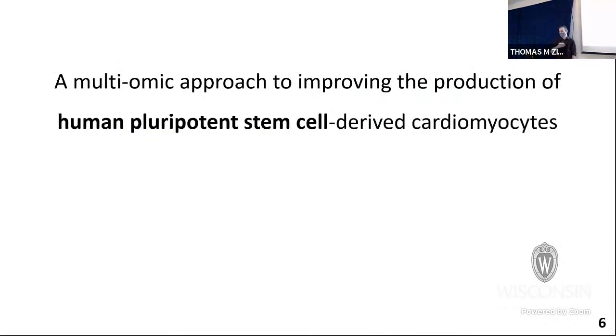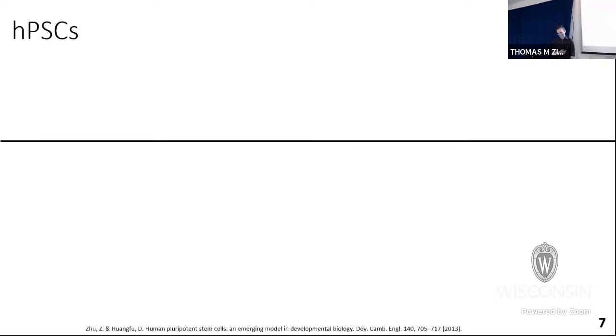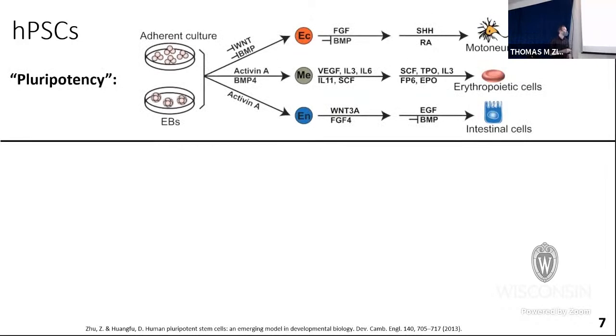So now I'll briefly talk about, we've kind of shown the motivation here, and I'll talk about some of the different words in the title here. First, I'll talk about human pluripotent stem cells. Human pluripotent stem cells, or HPSCs, are defined, first I'll define this word pluripotency, and all that means is that it's able to become any cell type in the body.